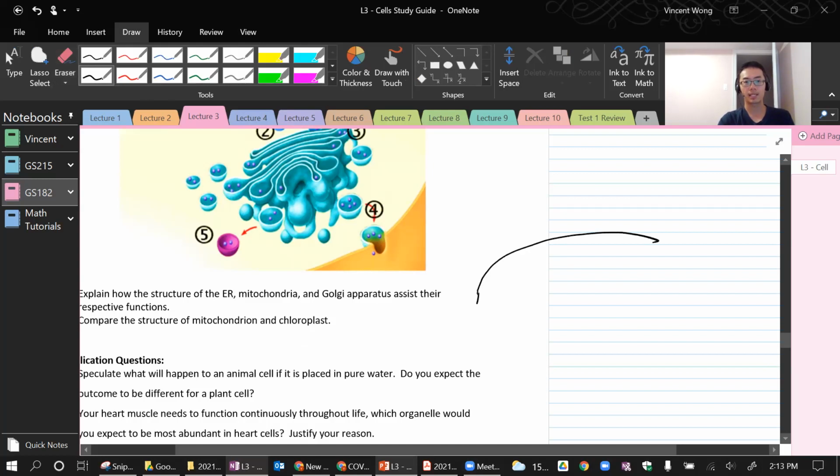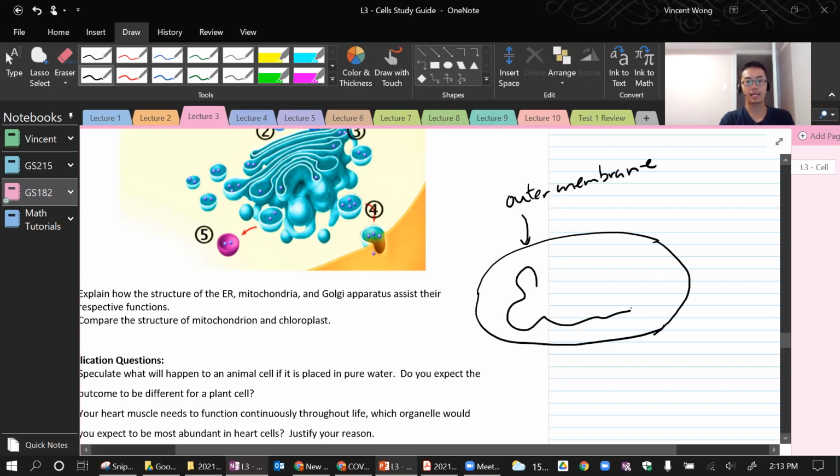So this is the chloroplast. Just like mitochondria, the chloroplast is also double membrane. So it has an outer membrane. Mitochondria has an inner membrane like this, right? Some people say it's like an accordion. So this is the mitochondria, but for the chloroplast, the inner membrane forms these stacks of